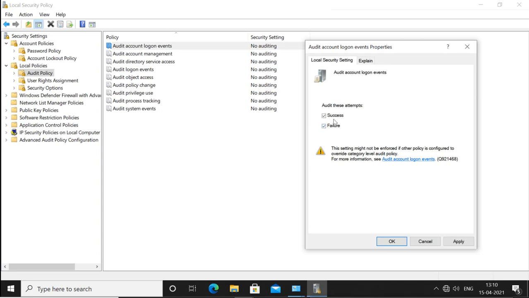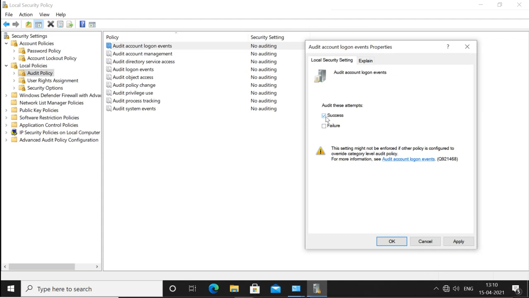Now mostly we don't log success because we want to see the errors with the users, like when the user tries to log in and sees an error, it is not able to log in. So what was the error, what happened to that user? We can enable failure logging so we can see when the user fails to log in. We can enable the successful log to do the monitoring, like who logged in, when, and where. So for monitoring purposes, we can enable success also.